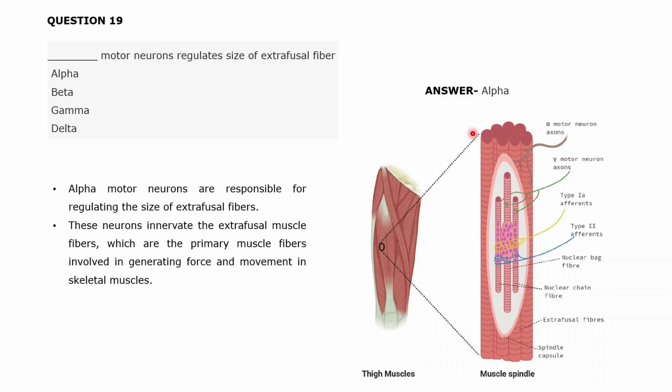So basically these two motor neurons, the alpha motor neuron and the gamma motor neuron, with the alpha motor neuron being much larger than the gamma motor neuron, coordinate together. Based on the stretch receptors present in the muscle fibers, they help the muscle fibers contract by affecting the activity of the extrafusal as well as intrafusal muscle fibers,